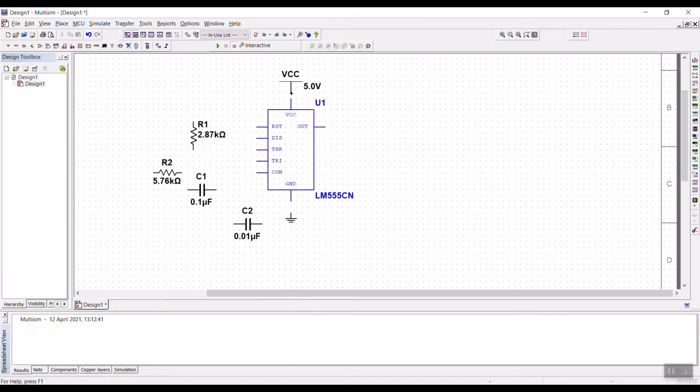So first of all, you do the VCC connection. VCC to VCC. RST to VCC again. You can drag this here so that the line is extended and you can do the connection very well. After which R1 one end will be given to the VCC. The other end will be given to discharge pin.